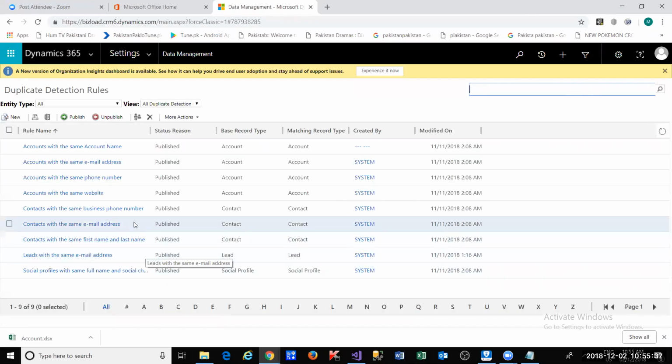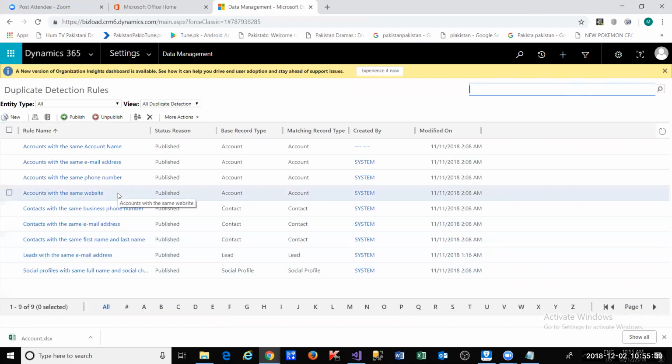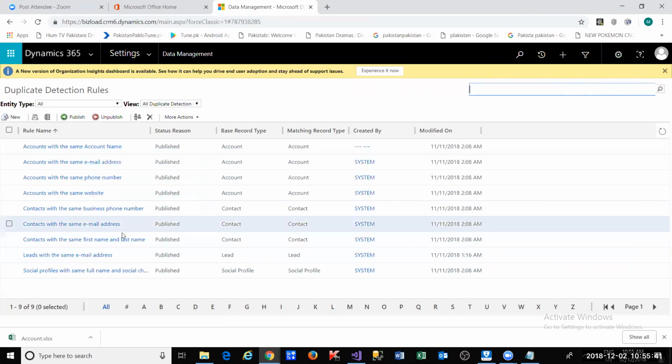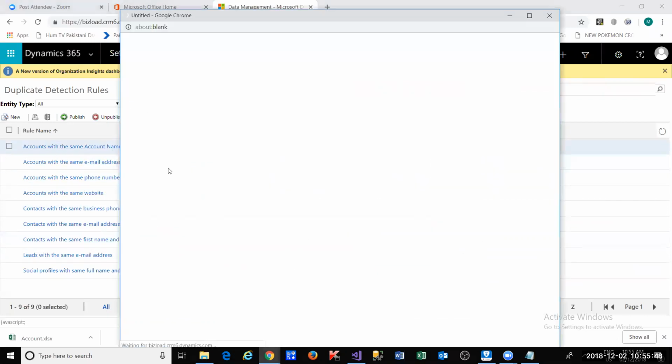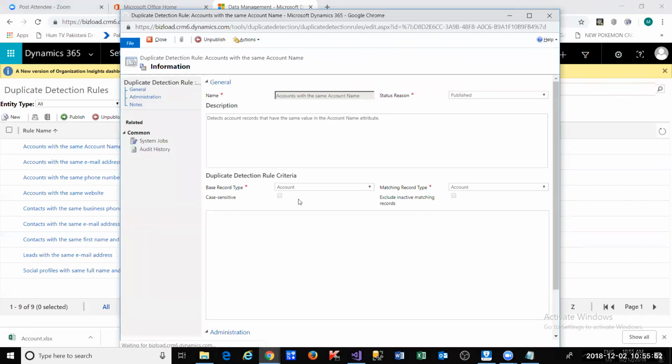All right, duplicate detection rules. These are the duplicate detection rules we currently have. We've got accounts with the same account name. That was the one that prompted us to do duplicate detection. So it says here, our account, where